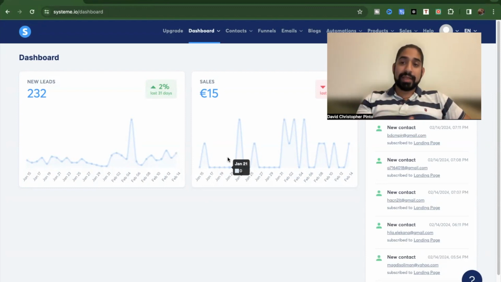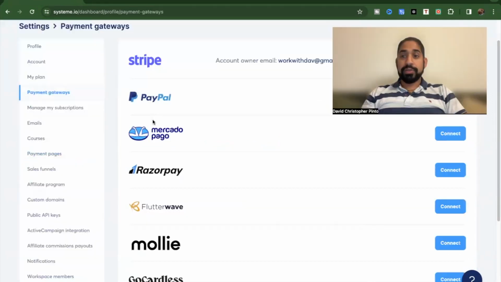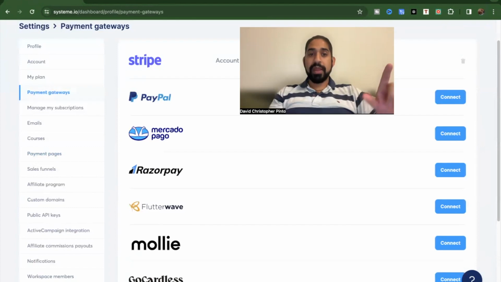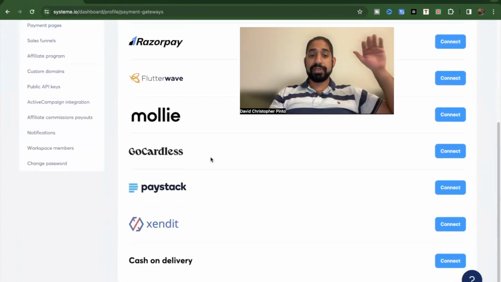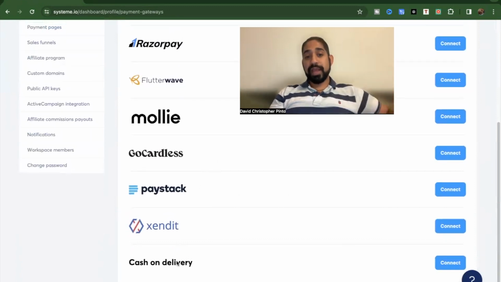Lastly, guys, the last thing I want to say regarding this specific video is the payment integration. I just want to quickly go to the settings and show you what you can integrate directly. Guys, I'm here on the payment page. I personally have integrated Stripe, but you can integrate Stripe, PayPal, and a lot of options available right here, including cash on delivery.